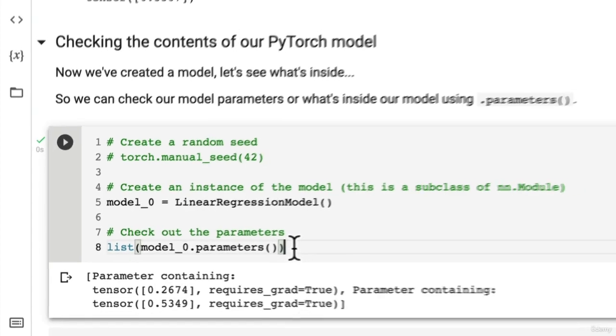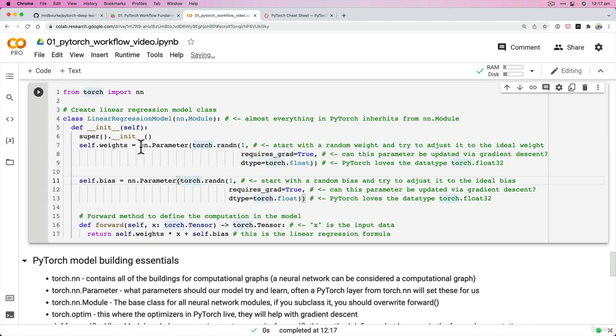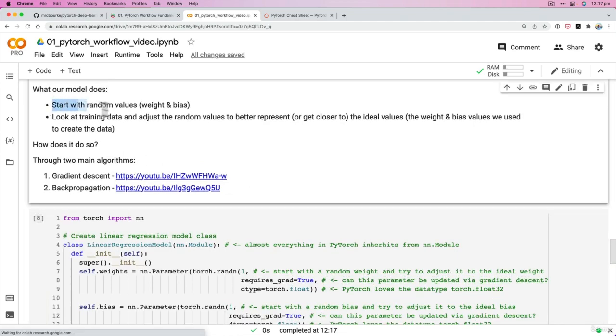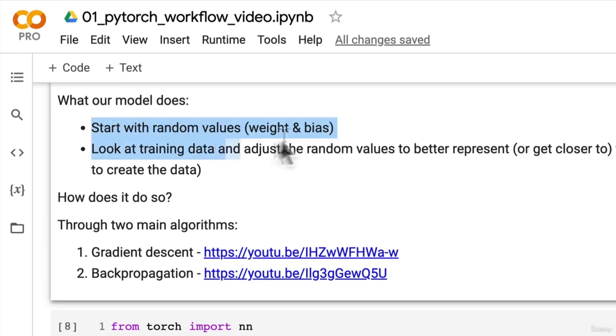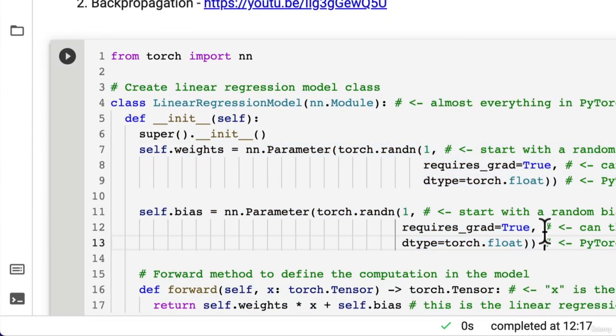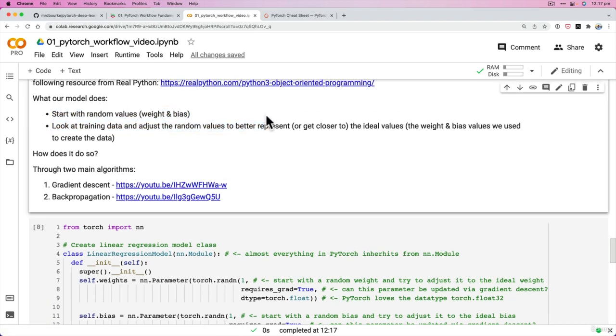You might be thinking, Daniel, you sound like a broken record, but I'm trying to really drive home the fact that we initialize our models with random parameters. So this is the essence of what our machine learning models and deep learning models are going to do. Start with random values, weights and bias. We've only got 2 parameters here, but the future models that we build might have thousands. And so, of course, we're not going to do them all by hand. We'll see how we do that later on. But for now, we start with random values, and our ideal model will look at the training data and adjust